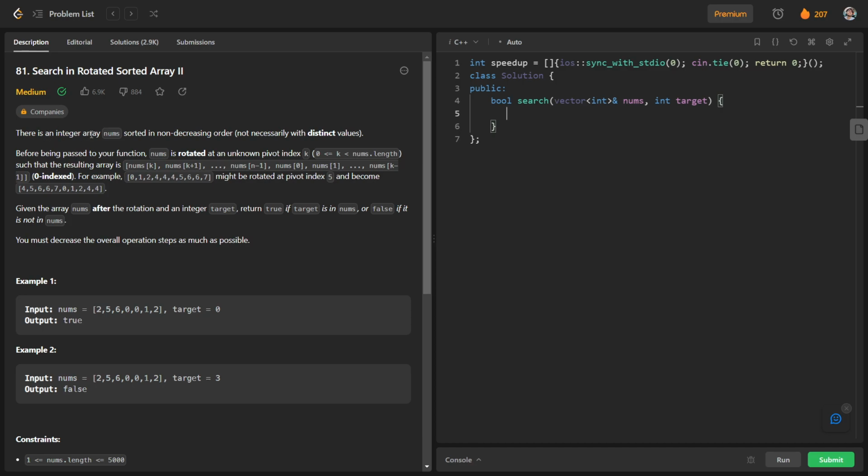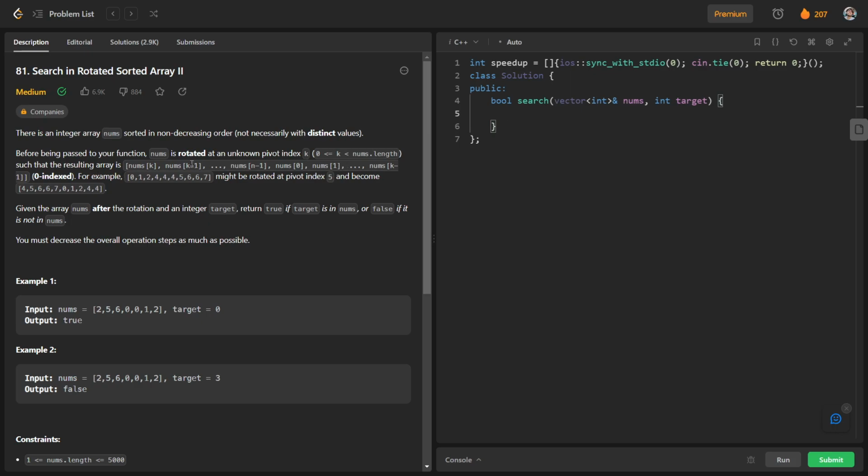So basically there is an integer array nums sorted in non-decreasing order, and it is given that not necessarily with distinct values. So it is not necessary that we are having unique values only. We can have values which are repeated. Before being passed to your function, nums is rotated at an unknown pivot index k.